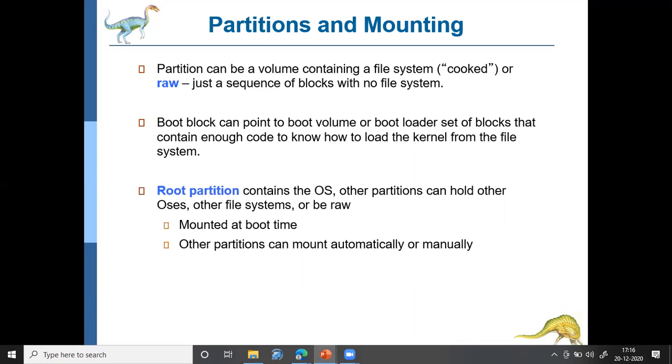And there is something called the root partition, which contains the operating system. The root partition will hold the operating system, and the other partitions can hold other information. For example, in Windows, normally the operating system will be loaded in the C drive, so you can call the C drive the root partition. The other partitions are used for storing other